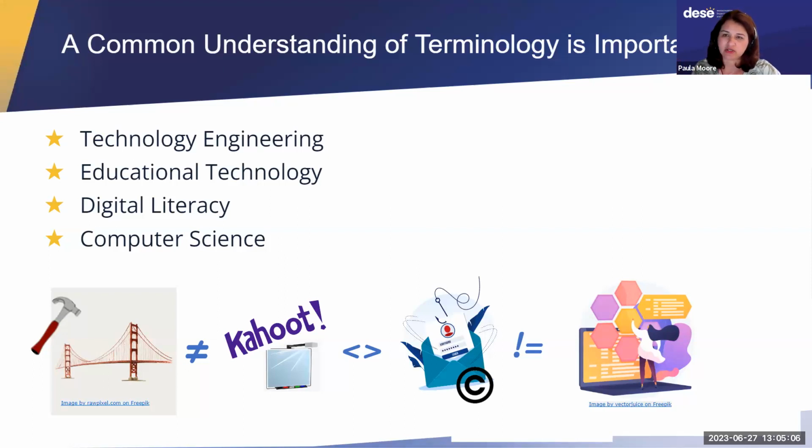Technology engineering is part of science, and it is really where students learn the engineering design process for constructing things. The use of technology there is a little confusing. It doesn't mean computers. It means anything humans have created to solve a problem. Educational technology is the resources that we provide to teachers, like Kahoot or smartboards, that help them use technology to enhance their teaching and help students understand more clearly. This grant does not cover technology engineering or educational technology. It covers things related to our DL and CS standards.